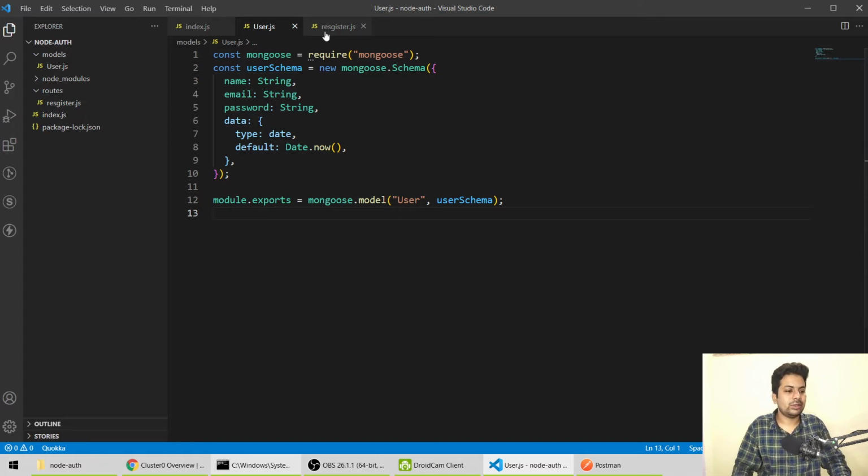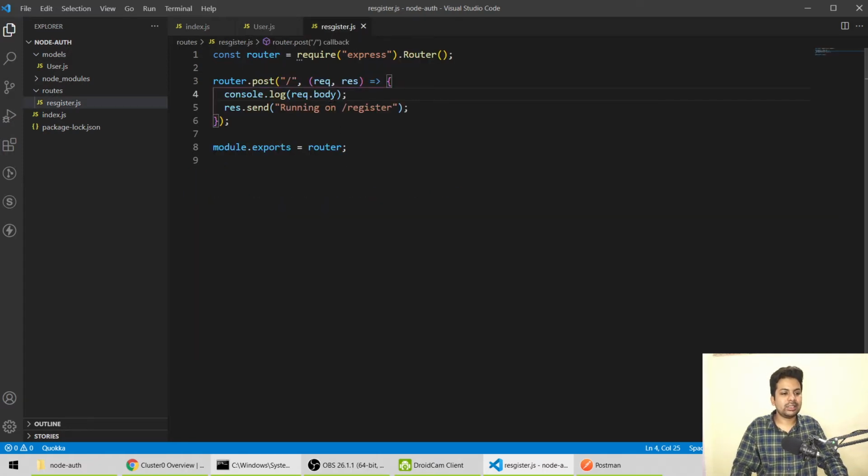Let's go to register, and whatever data is coming from the body, we have to save it. But one thing I want to tell you, for the validation: suppose the user is sending a, b or c, suppose he's sending the name as abc, that's not a real name. At least the name should be 6 letters.